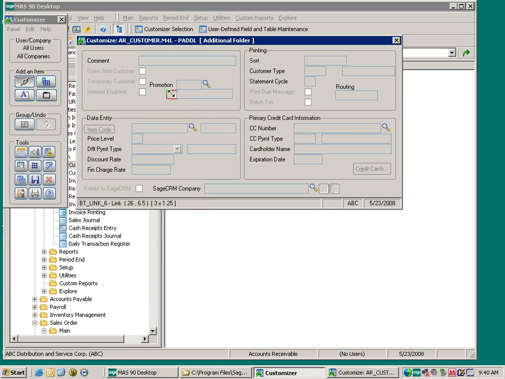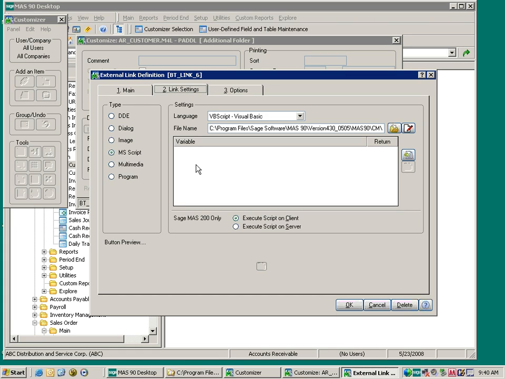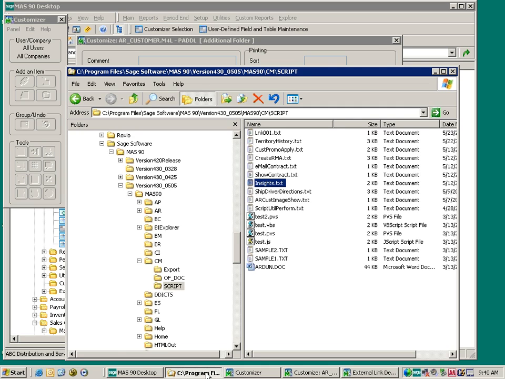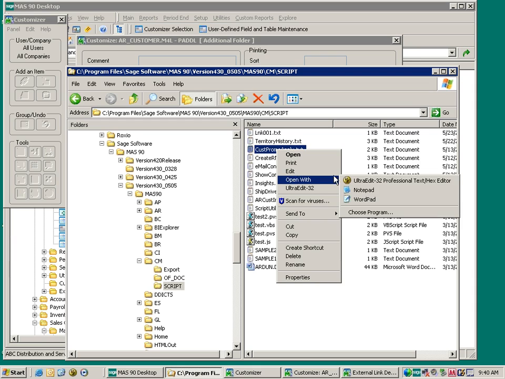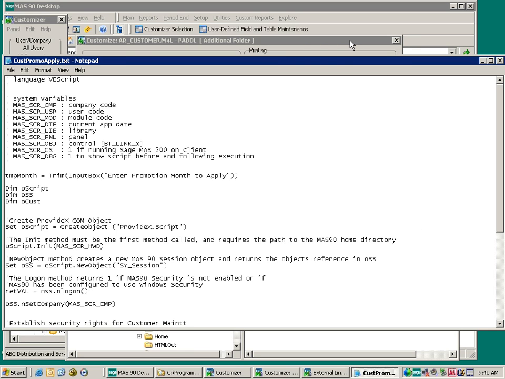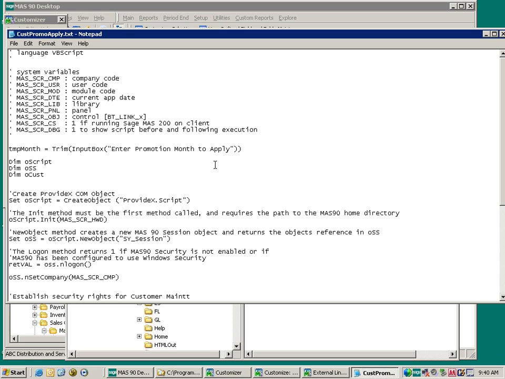So if I double click on this button here, I'm going to go ahead and bring this up in Notepad as well. This is the cust promo apply script. Now this uses the business object interface, and I will put a big caveat here that this is not a replacement for the business object interface course. You really do need to take that and get certified on it if you want to get any type of support on it. I just want to give you some ideas of what you can do with the business object